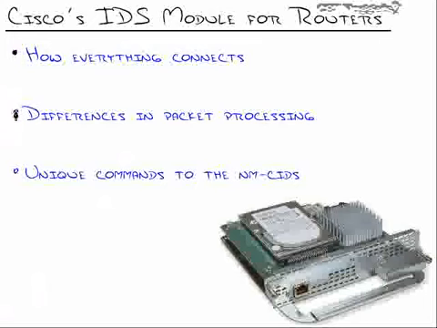We then talked about the differences in packet processing, how we can process the packets on this when we have NAT enabled, how we can process when access control lists are enabled, which packets are sent to this versus an appliance-based system. And then finally, we talked about the unique commands to the NMC IDS, primarily the commands that allow you to reboot this thing, to shut it down, to access it using the service module session syntax. All of these things directly related to the fact that this installs into the router rather than being a separate